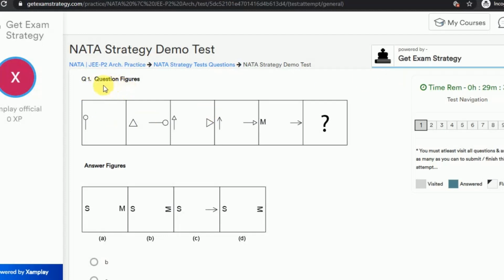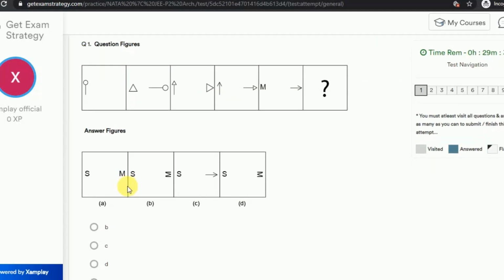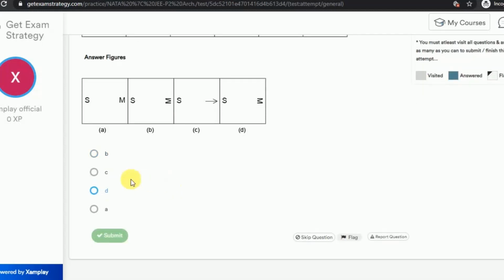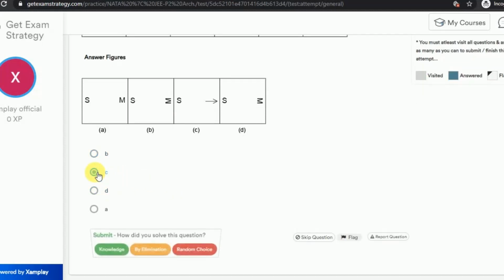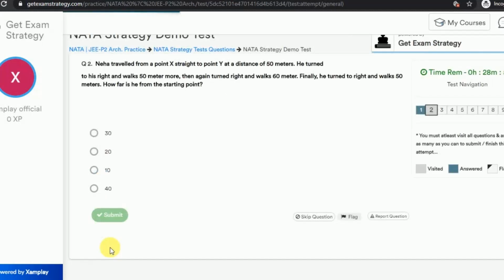Okay, so you have a question figure, answer figure, and do you kind of understand what the answer option is? So here you have to use logic, and if you find an answer probably through logic or formula or knowledge, so you choose here, let us say I feel that the answer is C and I have derived it based on my knowledge. So I click, and as you noticed, when I clicked on one of the options, the submit button broke down into knowledge, elimination and random choice, because I have actually genuinely solved it. So I'm going for knowledge.